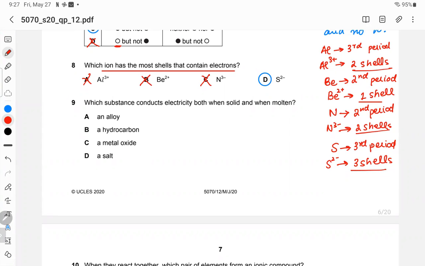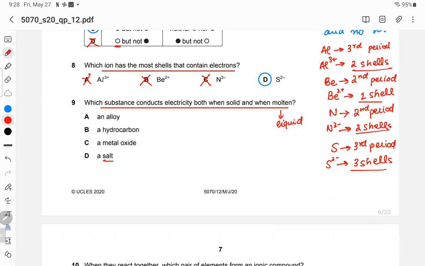Okay, now which substance conducts electricity both when solid and when molten? Molten का मतलब क्या है? अगर किसी को याद नहीं है तो it's a liquid. So if we talk about a salt,